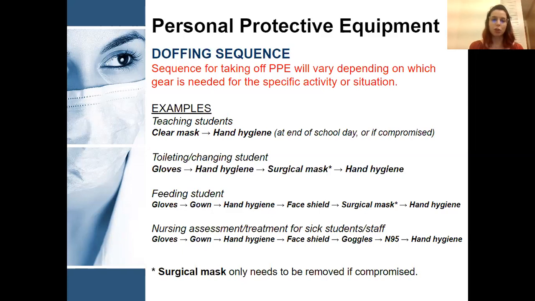If toileting or changing a student, you're going to remove your gloves, engage in hand hygiene, remove that surgical mask, again, only if it's compromised or if you're switching to a different type of face mask,